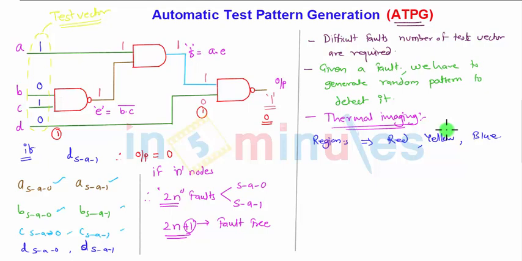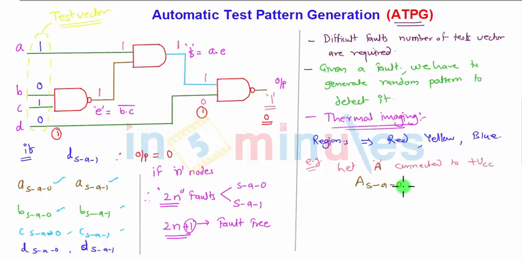For example, let us consider a point. I am assuming an example where pin A is connected to plus VCC. So A is 1 because A is connected to VCC, but due to some connection or fault, A is stuck at 0. So it's a stuck-at-0 fault.